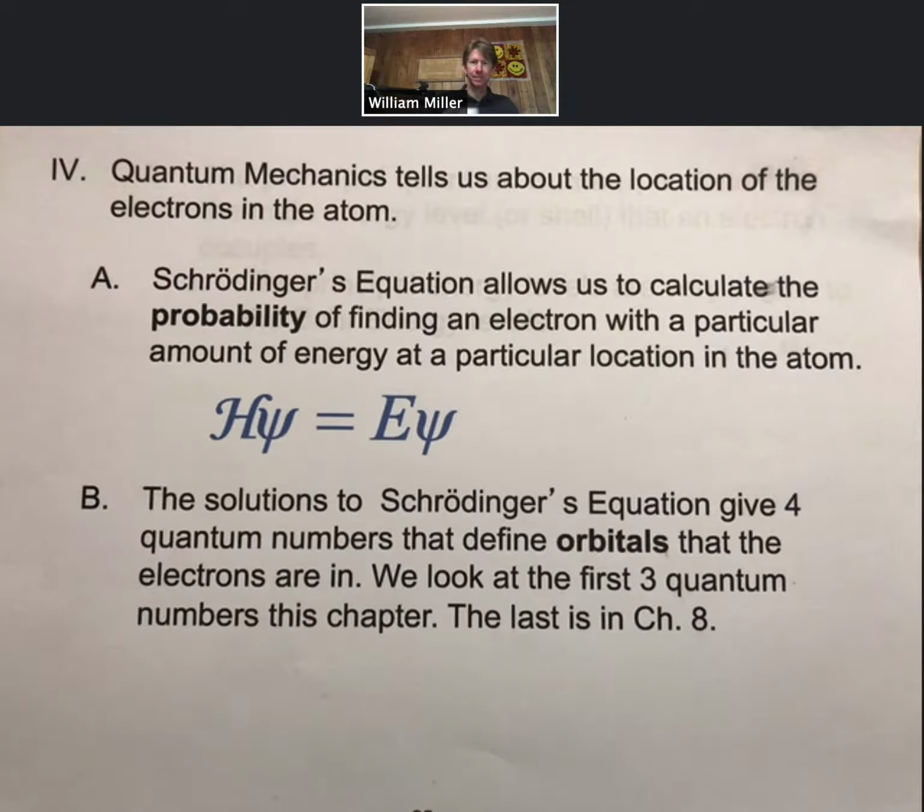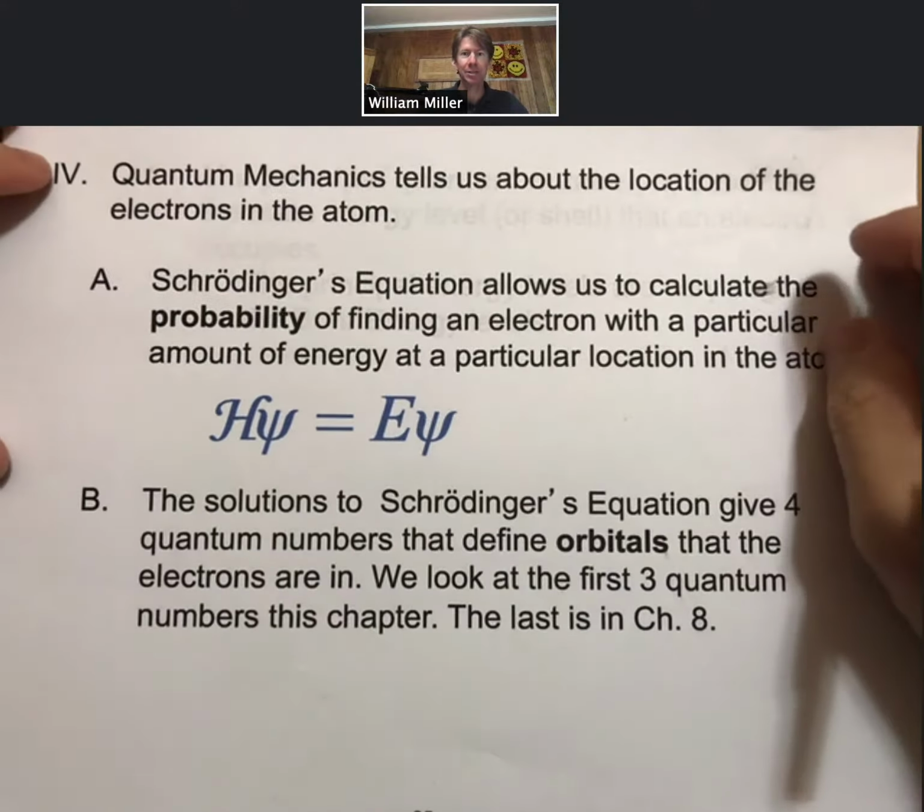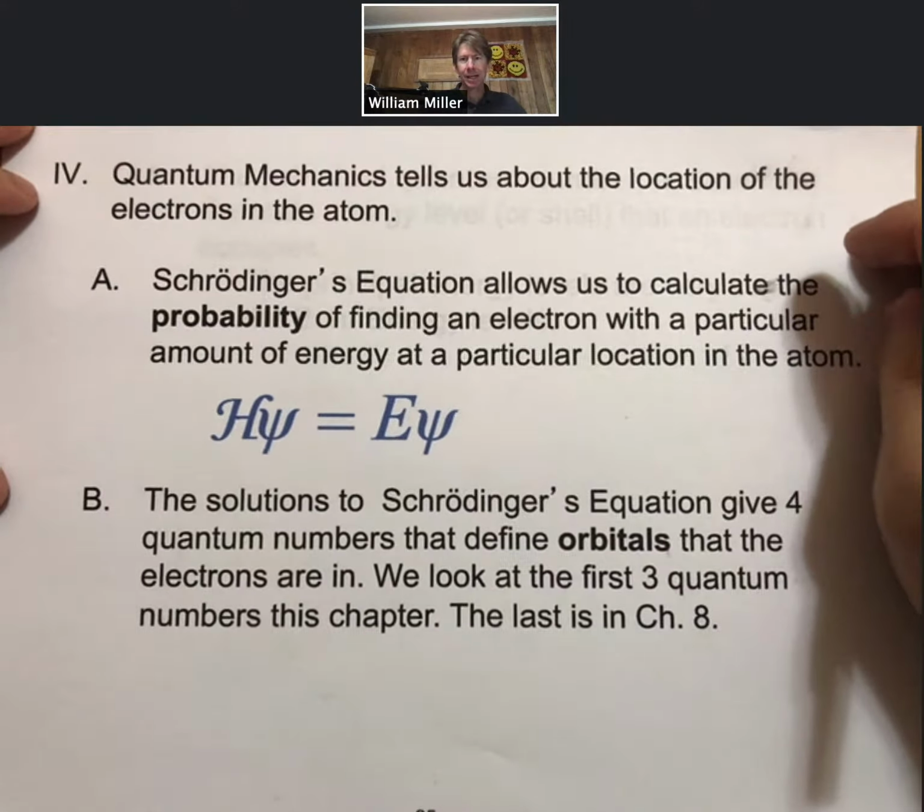Strap yourselves in, grab yourself a cup of coffee, and get ready to talk about quantum mechanics. And at least for this course, the level of depth will be that quantum mechanics tells us about the location of the electrons in the atom, and it tells us about these locations in terms of probabilities of finding the electron. And the math gets pretty intense here, and we're going to basically present the results with a tiny bit